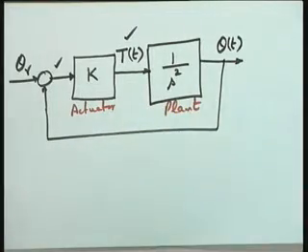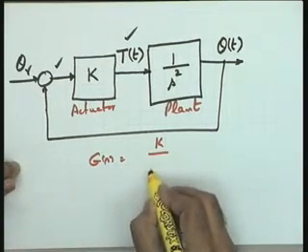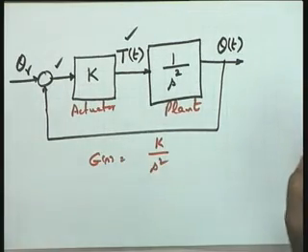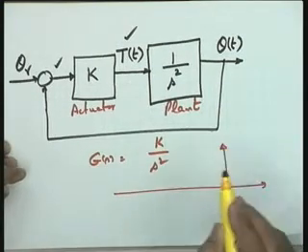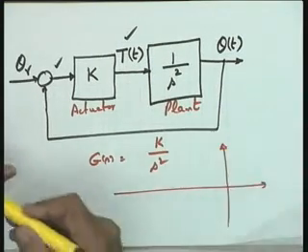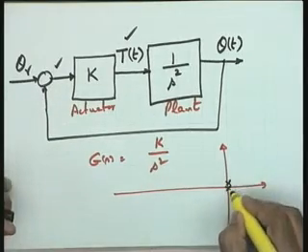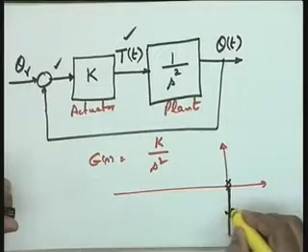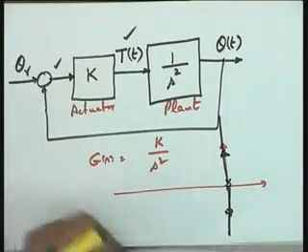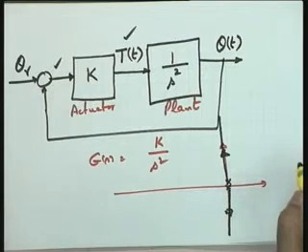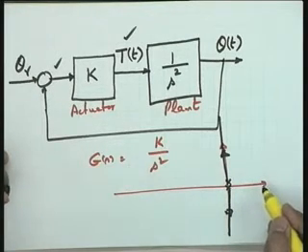It is a feedback system, and therefore I can say that the open loop transfer function of this feedback system is K by s squared. How about the closed loop? The closed loop behavior will be given by the root locus sketch as K is varied. You can immediately draw the root locus sketch. In this particular case, please see that the root locus sketch is given by these lines on the imaginary axis. So it means for all values of K, the root locus plot shows that the system is oscillatory in nature.